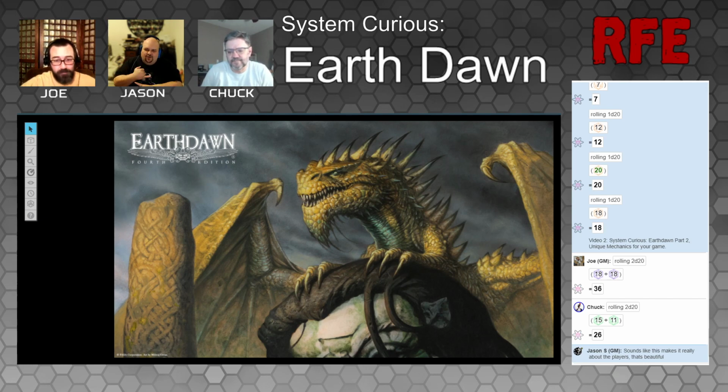Step one is to find the sword's name. Step two is the creator's name, but step three is about the player. What is the player going to choose to do to prove themselves worthy of the sword? Exactly. That is freaking gold. That is a great nugget to be able to put in your game,